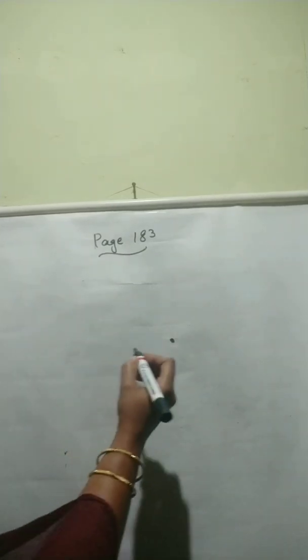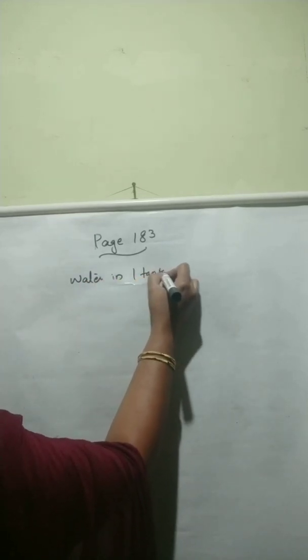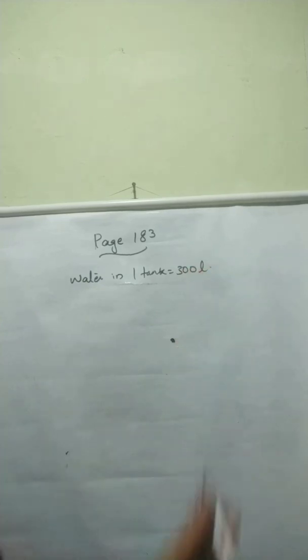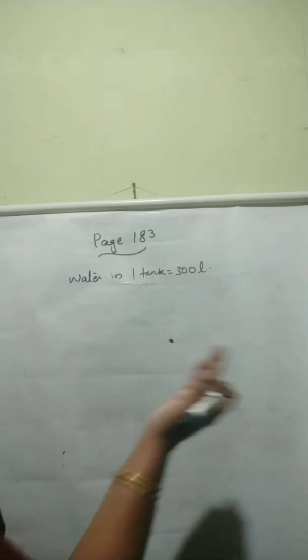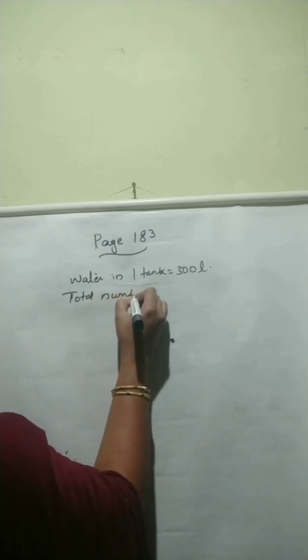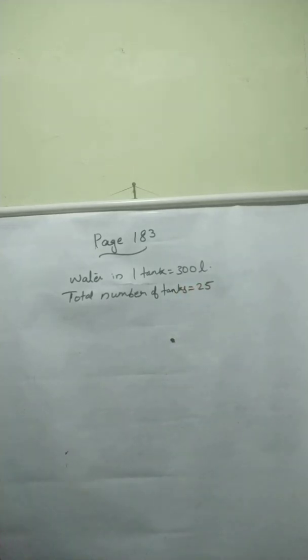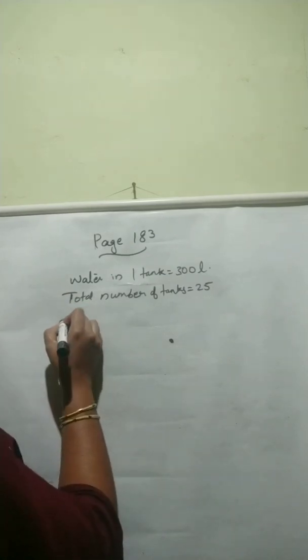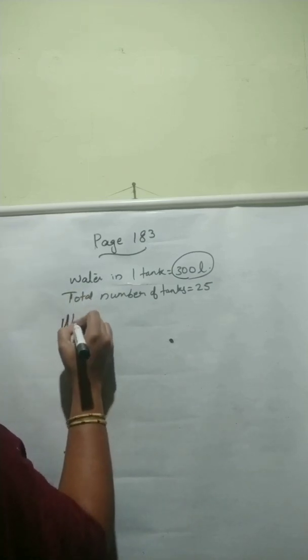Here it is given that water in 1 tank is equal to 300 liters. So water in 25 tanks. Total number of tanks, how many are there? 25. This is for 1 tank. So next we can write water in